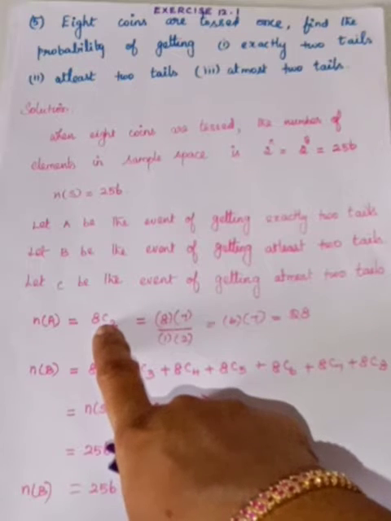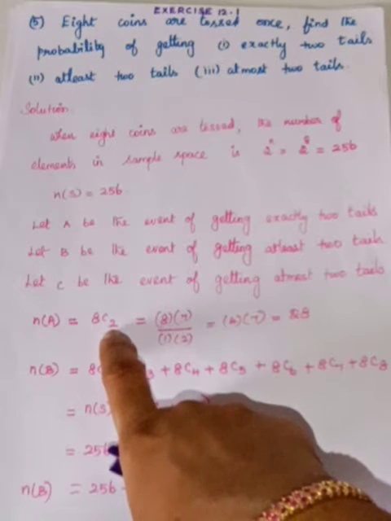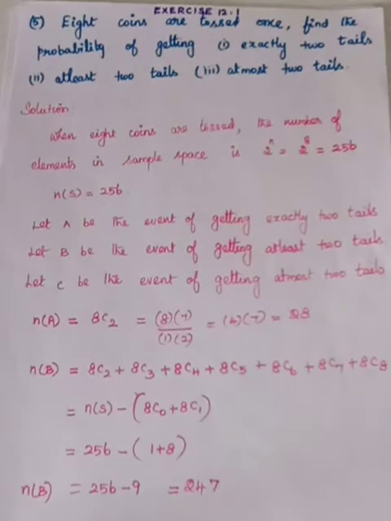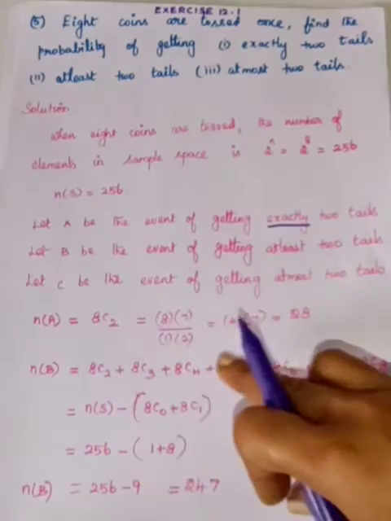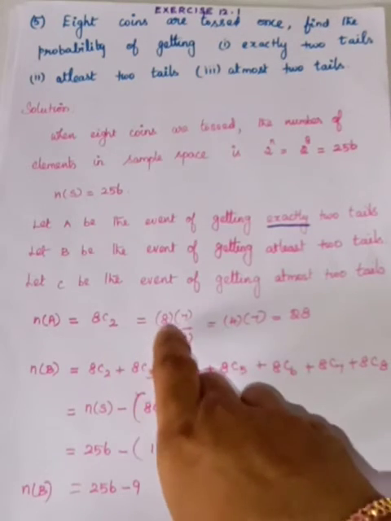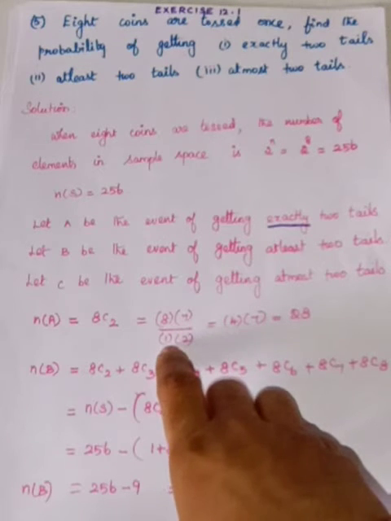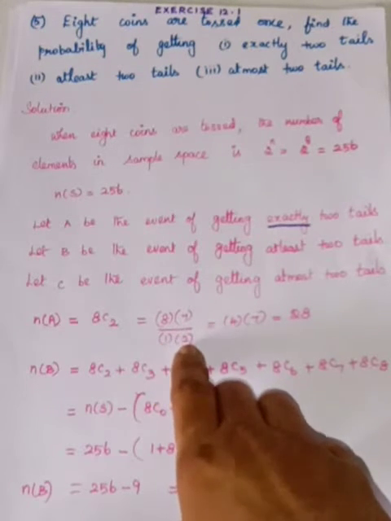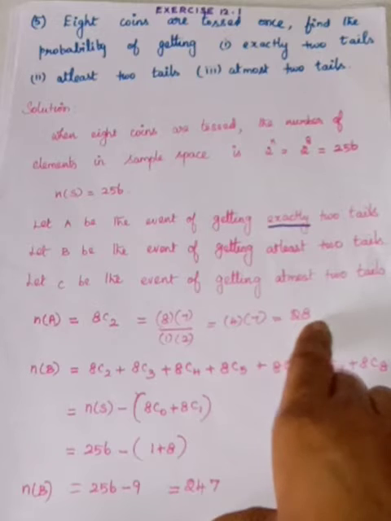C, that is choose, means it's a selection. So it's a combination. You have to choose how many coins? 2 coins. They are having tails, because here it is given exactly 2 tails. So therefore 8C2. How to evaluate 8C2? Starting from 8, how many places do you have to fill? 2 places. The first place you will have the number 8. In the second place, by reducing 1 from 8, the answer is 7. Divided by 2 factorial. What is 2 factorial? 1 into 2. If we calculate, the 8 and 2 get cancelled. So therefore 4 into 7, that is equal to 28.